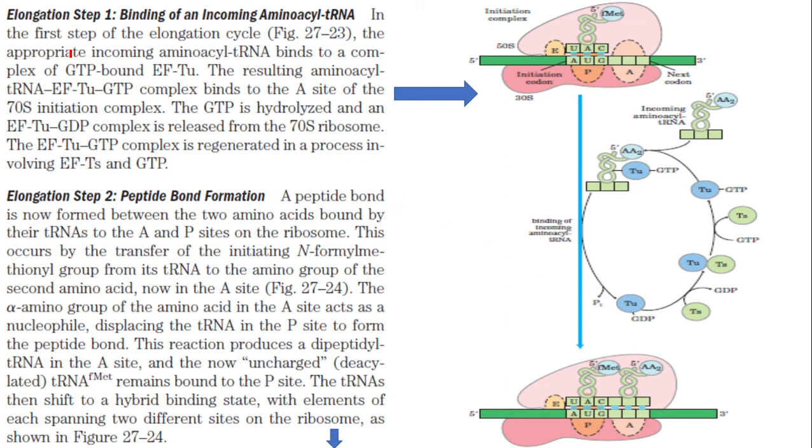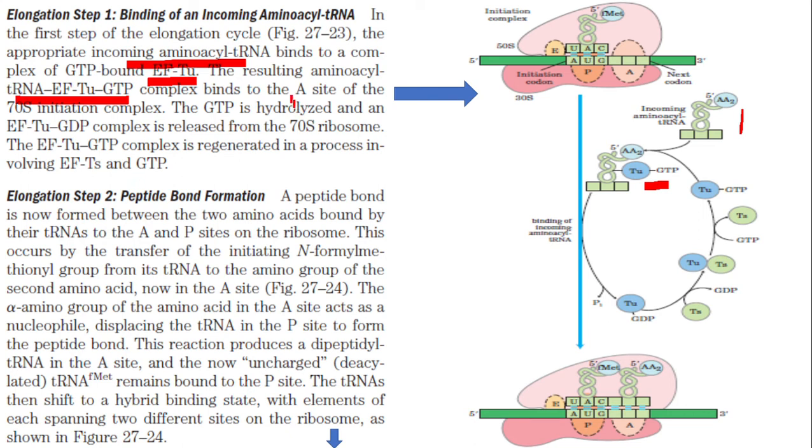The first step of the elongation cycle: the incoming aminoacyl tRNA binds with the elongation factor Tu. The name of the elongation factor is Tu; it's a protein. The resulting aminoacyl-tRNA–elongation factor Tu–GTP complex. Can you see here? EF-Tu, GTP, aminoacyl tRNA, all those things together